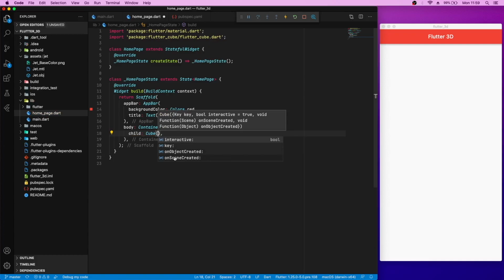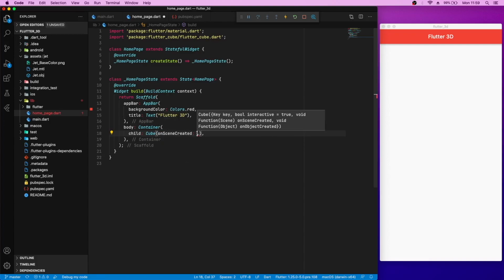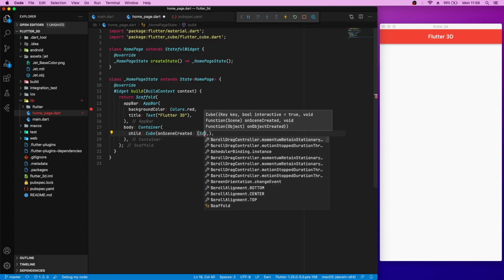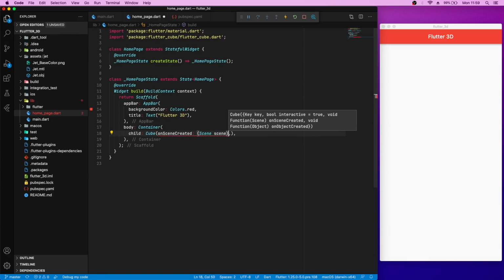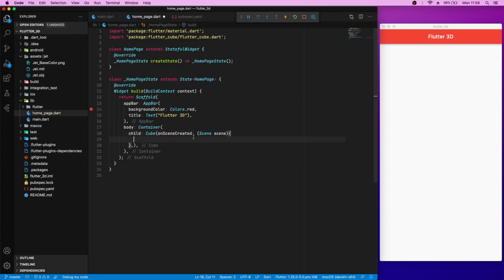The one parameter we will be using is this onSceneCreated callback function. This is a function and it returns to us a scene of object type Scene. So we can use this scene to add our 3D object inside the scene.